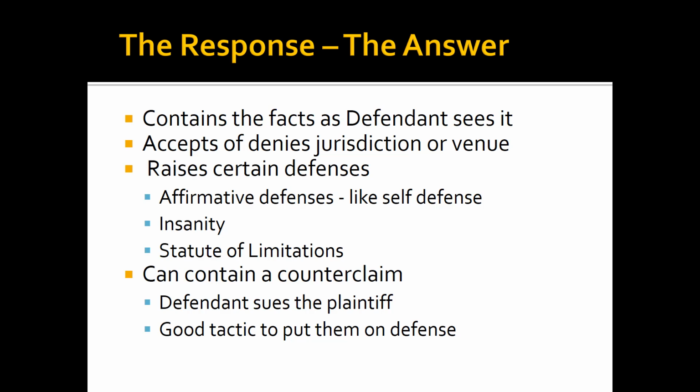One of the things that's very common in the answer is to raise a counterclaim. To say, oh, you're suing me for $10,000 for an injury, but it was your fault, and I'm out $10,000, so I'm going to sue you back. This is helpful because, the old expression is, the best defense is a good offense. If you can put the other side on the defensive, if they have to think about, well, do I want to go forward, because if this lawsuit continues, I could not only lose, but I could wind up owing money. So it's very common that we put a counterclaim in there.